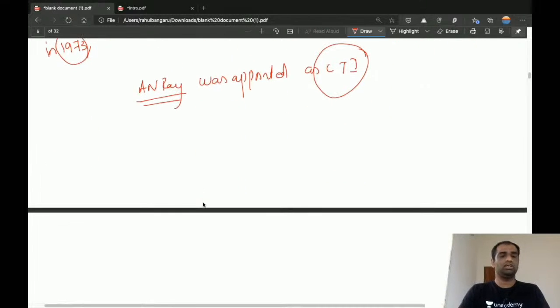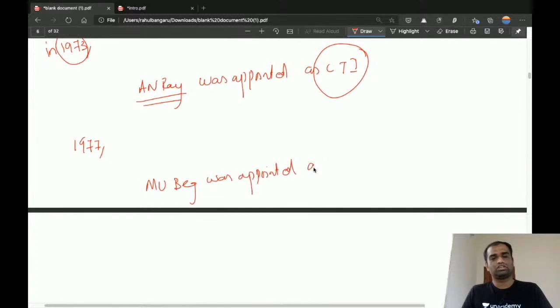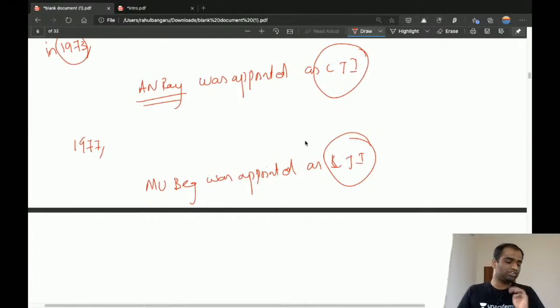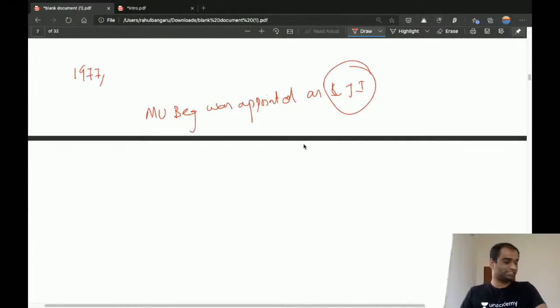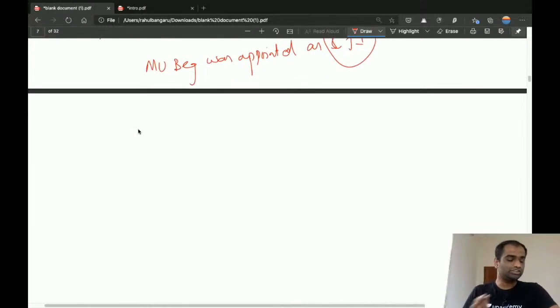Similarly, in 1977 also, M.U. Beg was appointed as Chief Justice of India, ignoring seniority. Even with 3 other judges before M.U. Beg, he was appointed as Chief Justice of India. Now this consultation, right? So this shows that